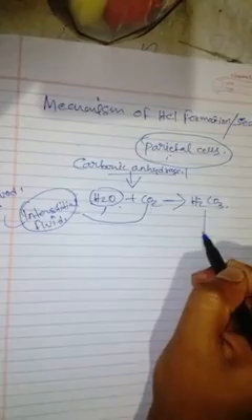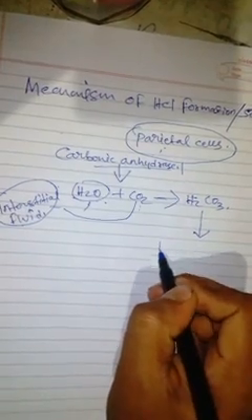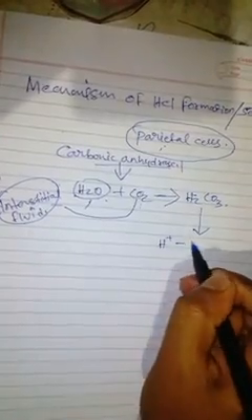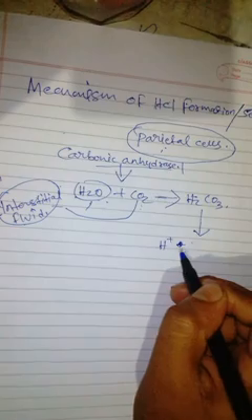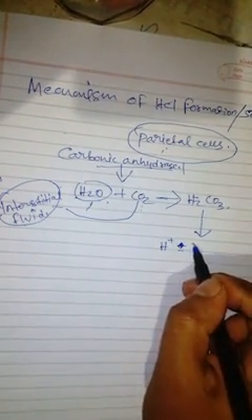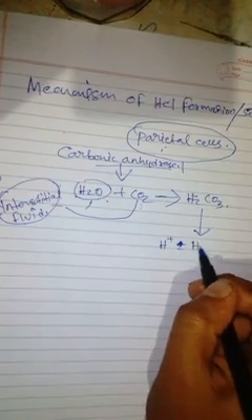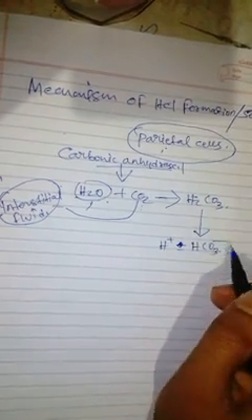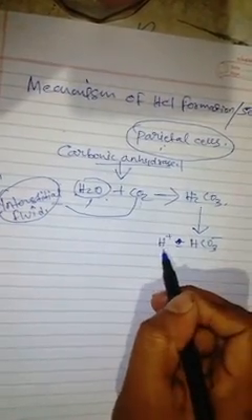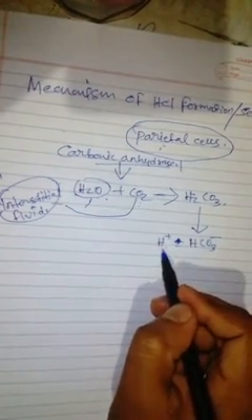This carbonic acid dissociates into H plus and bicarbonate, that is HCO3 minus, one cation, one anion. So this H plus,